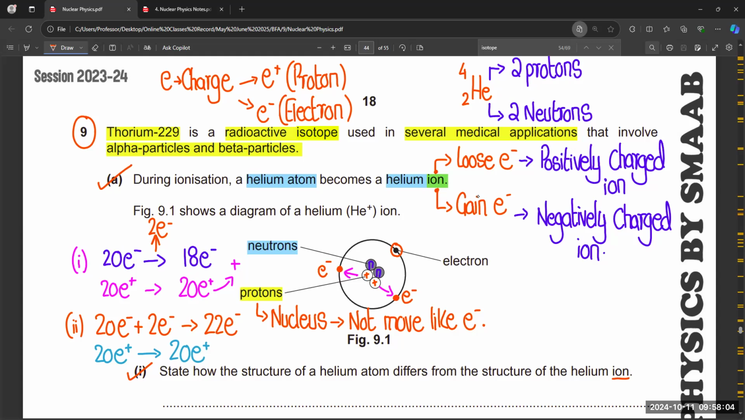So in this question, we have helium atom and helium ion. And in this diagram, you can see we have helium ion. It is mentioned in the question that helium ion is He positive, right? So this is the diagram of He plus ion. So according to this structure, now we have to explain what will be the answer of the question